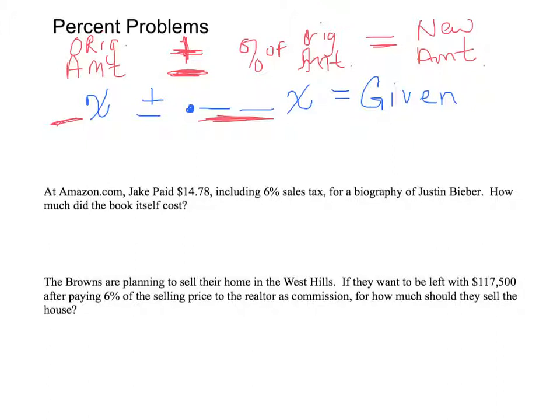So let's look at the first one. It says at Amazon.com, Jake paid $14.78, including 6% sales tax, for a biography of Justin Bieber. How much did the book itself cost? Okay, I've got x